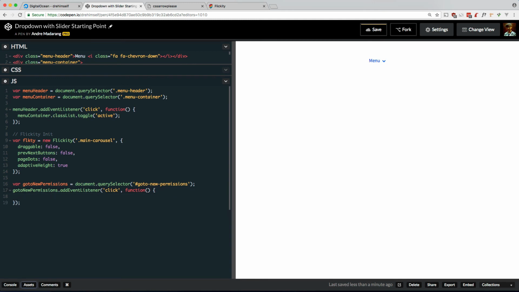Okay, all we have to do is call the flickity object and call the next function. So that should work for that one. Let's double check that works. It does. Let's do the same thing for